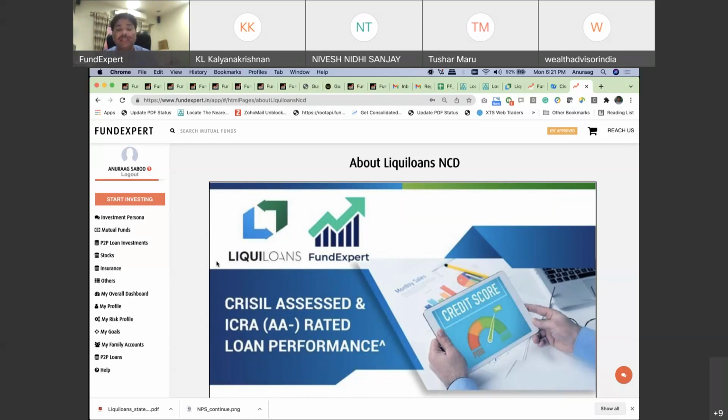And the reason they are cutting the interest rate is very simple. They have just been rated AA minus by ICRA, which is a very high safety rating. And when your rating goes higher, your bond prices come down. That's the risk and reward indicated. So bond prices going up means the bond interest will come down. NCDs and all these are debt exposure.